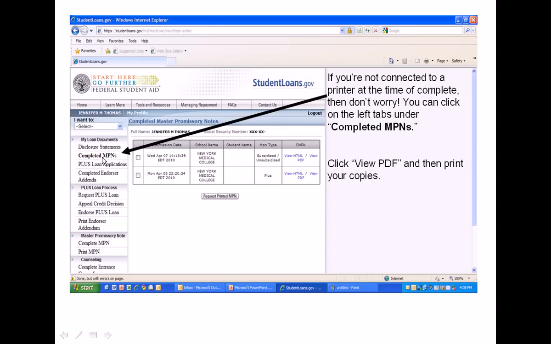Now here's where you can go back also and see your old note. If you have an old note here, it'll say where it was from, what school you attended. Print that